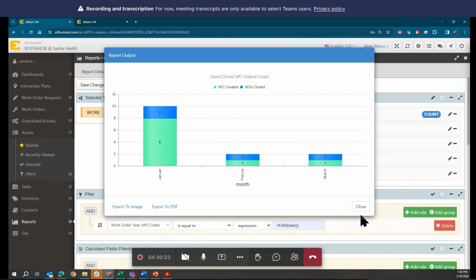Okay. Got it. So now what I want to do is create the same report, but not with the work order created, because this is the total number of work orders. So open and close. So we have close. So it means that we have 6 open work orders here,